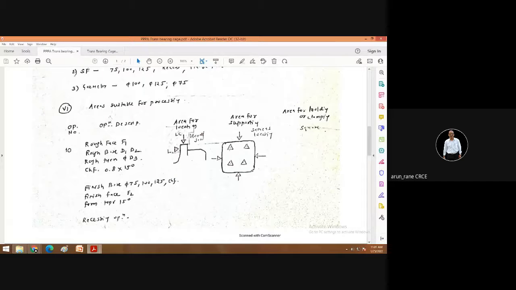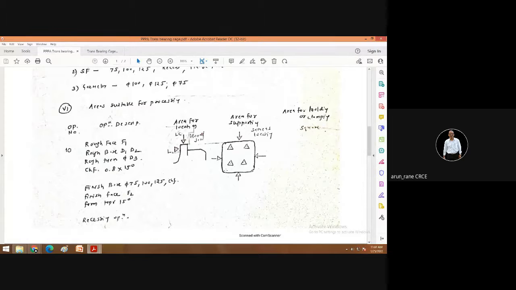So that's why. And since there are four jaws, all the four jaws will act as a tuck or locate, and areas suitable for holding or clamping. Now, which are the areas suitable for holding or clamping? Obviously this square, so you can write this square surface. Okay, fine.